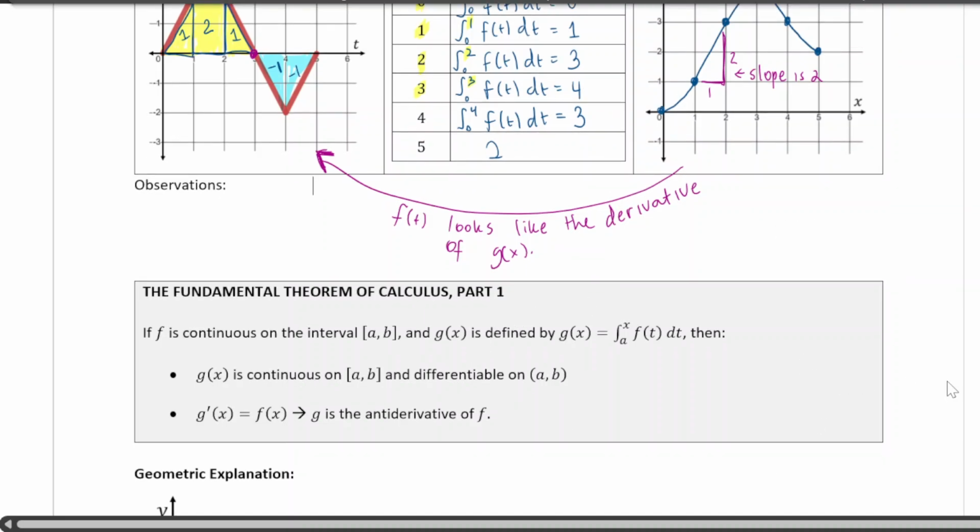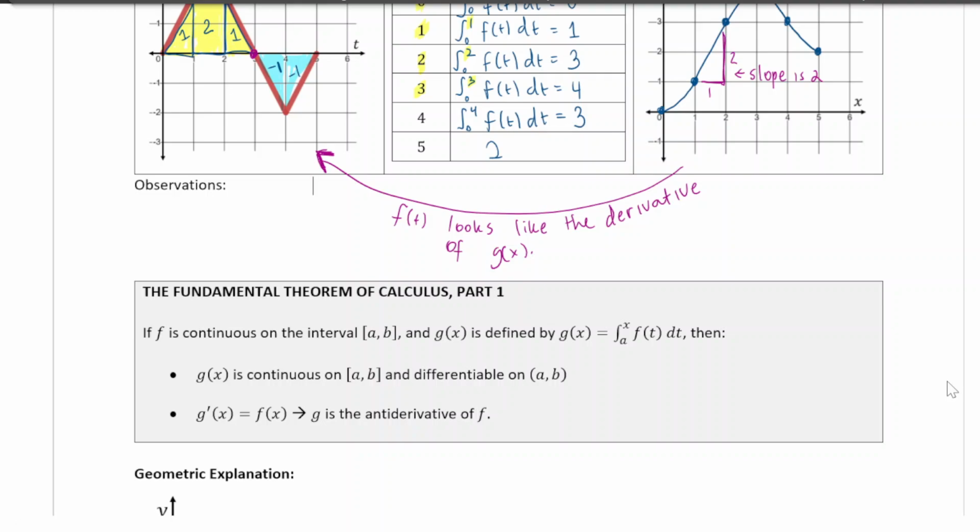So here it's just defining that same function idea again that we did above. It says if f is continuous on the interval a, b, and g of x is defined by this same thing here, except notice they've made it even more general and just said it can be from any constant a. So if g is the integral of f from any constant a to x, then the derivative of g is f. So another way of writing this, and I think this makes more sense, is